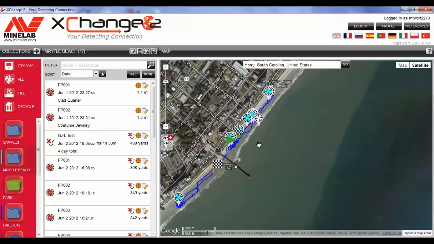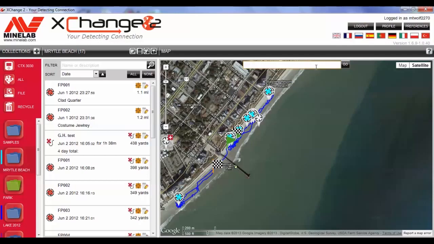You don't have to use any other software. You don't have to use any other map software. You don't have to use a MapQuest or whatever because you can do all of this within the Exchange software. You can also use the waypoint feature if you know you're going to hunt somewhere, and